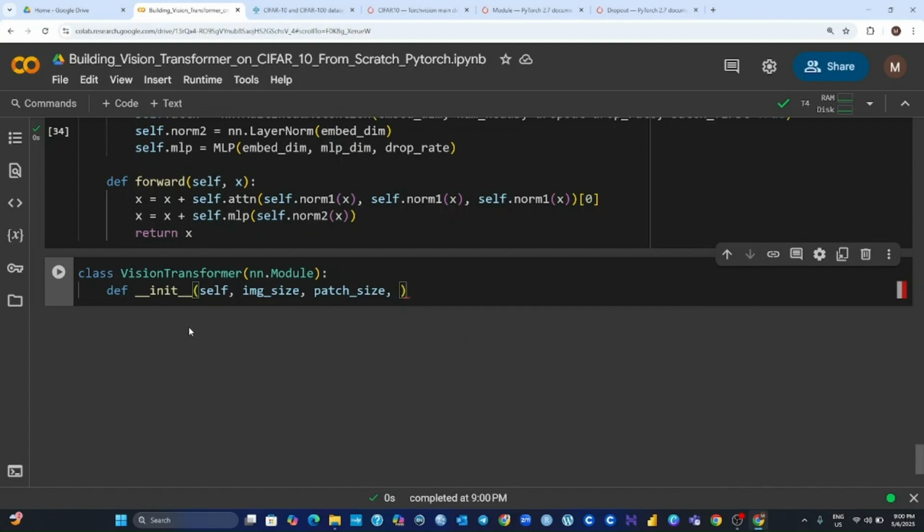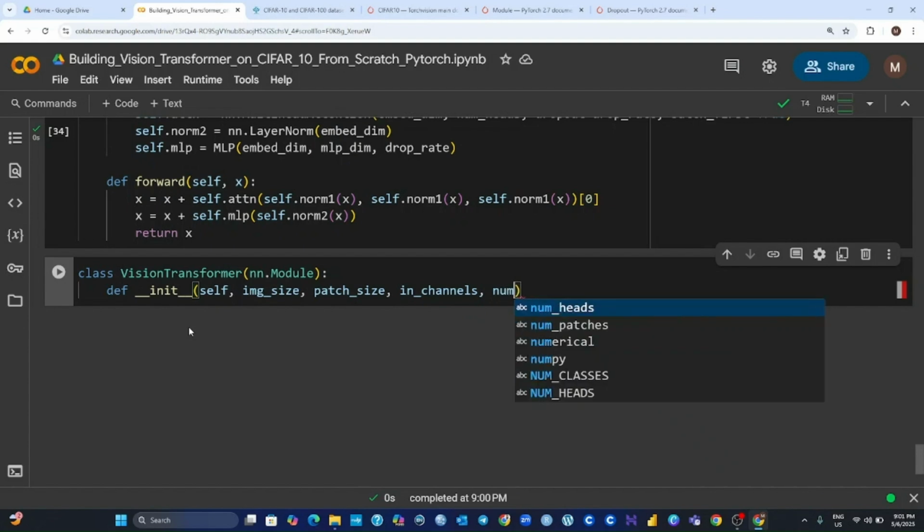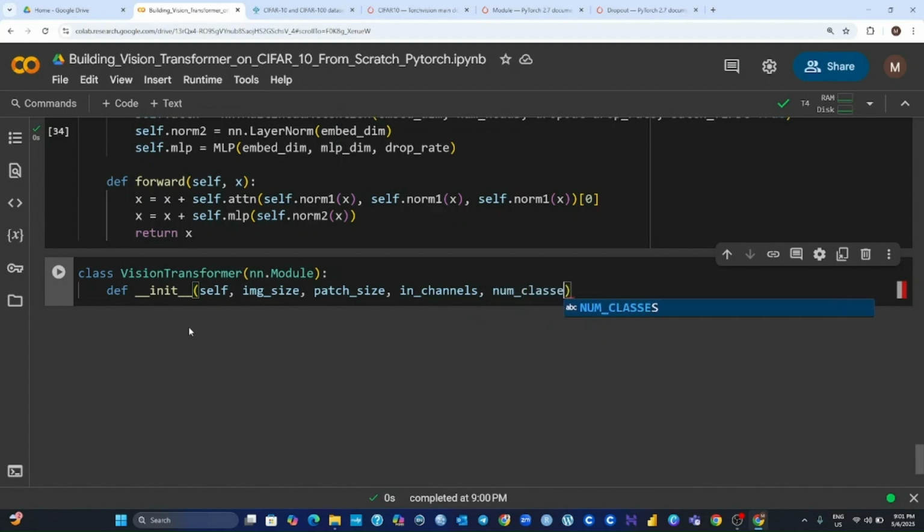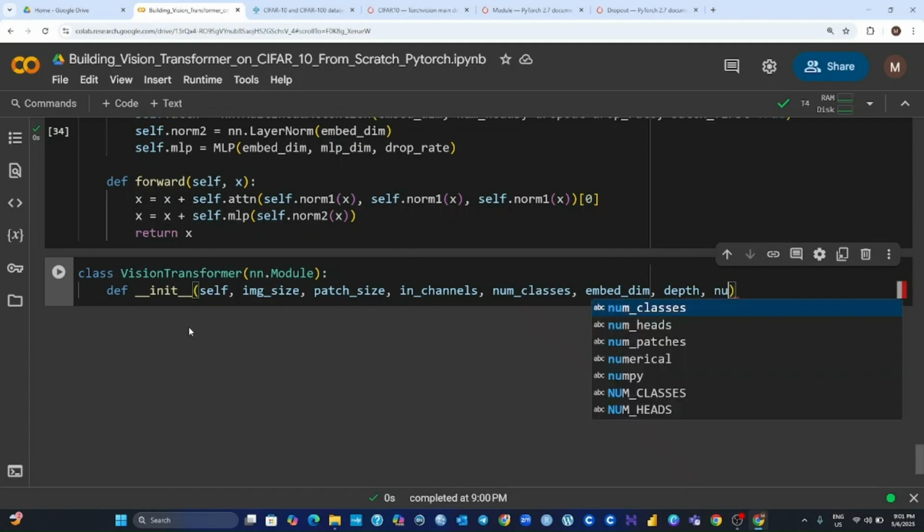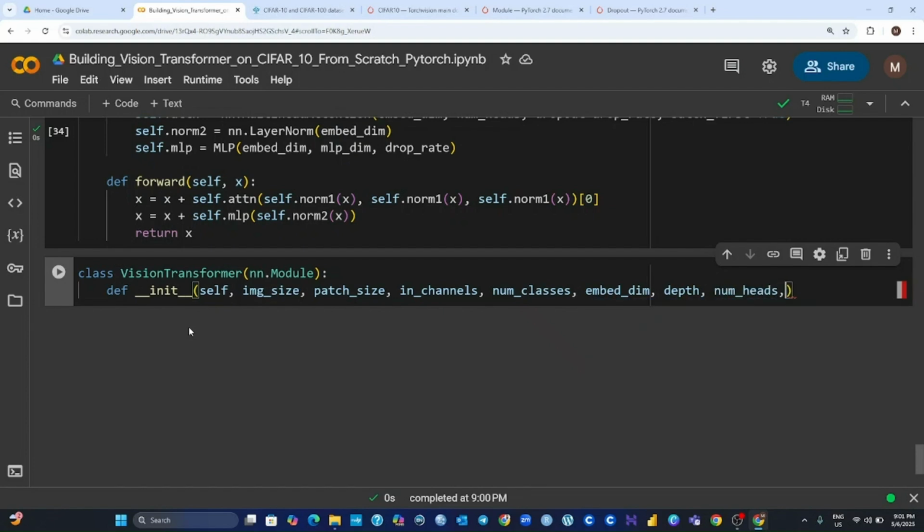So what is the batch size, comma, in_channels, how many channels do you want to use, comma, num_classes, how many classes do you want to use, comma, embed_dimension, what is the embed dimension you want to use, comma, depth, the depth of the block, comma, num_heads, and also we need to pass in